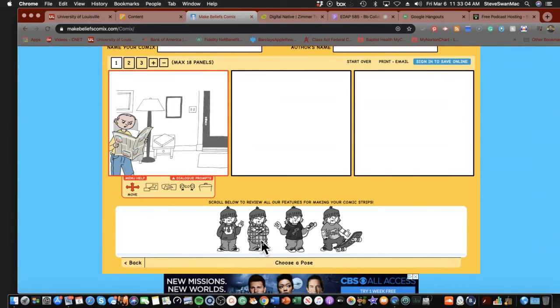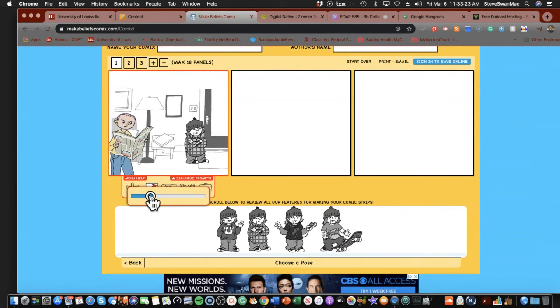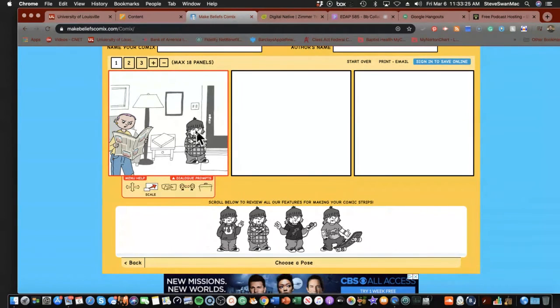And I think I'll put him in with a plaid shirt and the arms crossed. Now I'm going to put him over here. And I need to make him a little bit smaller so he fits into the frame better. Okay. Now I'll bring him up here. Whoops. I have to turn, by the way, this is something I always forget. You have to turn it off. And then you have to go over here and select move again.